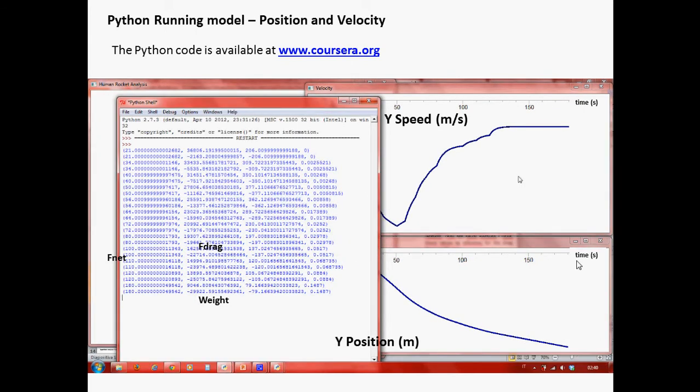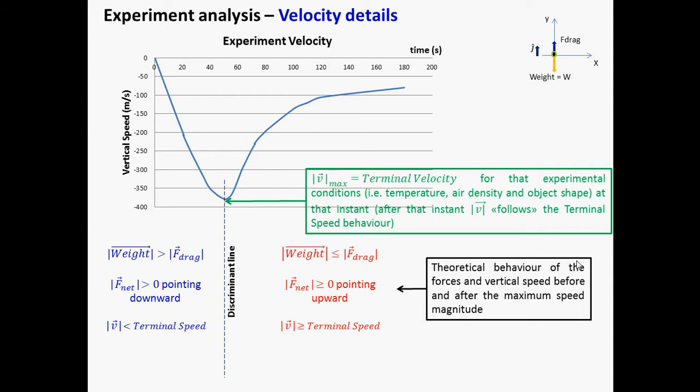And this is the print of the positions, the altitudes, and the drag force coefficients. These are the forces and velocities equations before and after the maximum vertical speed. On the left, the drag force is less than the weight, so that the object increases its velocity. On the right of the discriminant line, the drag force is greater or equal to the weight, so that the